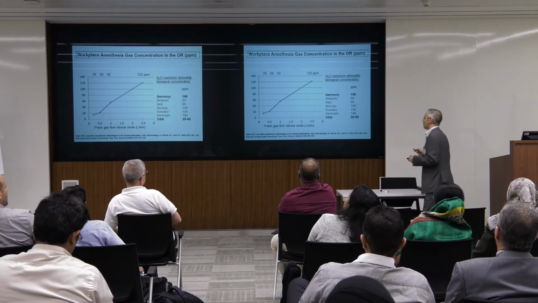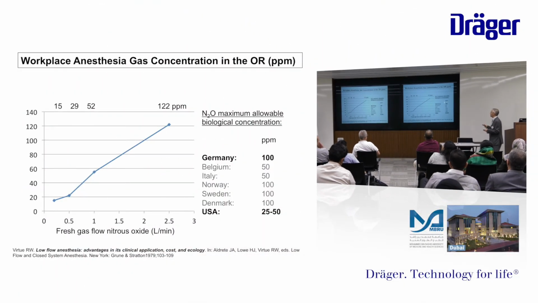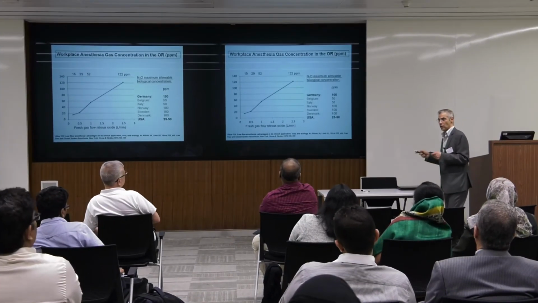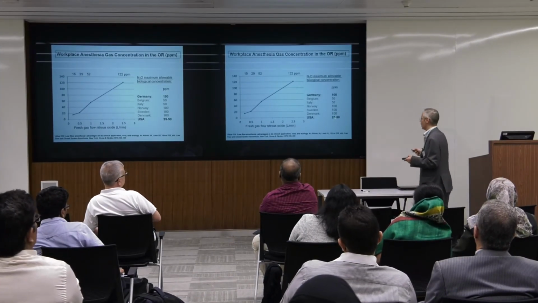And this is the maximum allowable biological concentration among the countries. This was published in 1979, but until now they haven't changed this. In Germany, they are still allowing 100 particles per million for nitrous oxide, while in America they are allowing up to 50 particles per million for nitrous oxide. And